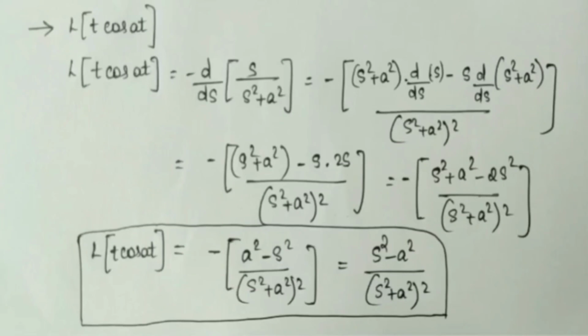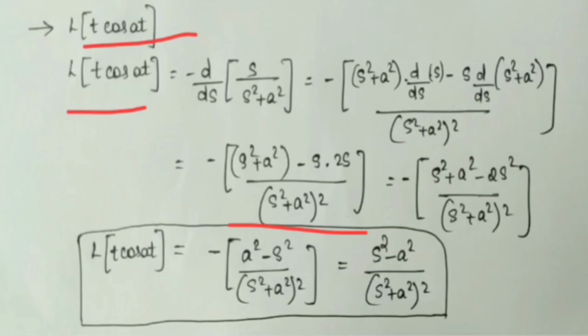Now let's see how we can take the Laplace transform of t cos at. It is also similar to how we took the Laplace transform of t sin at. So Laplace of t cos at is equal to minus of d by ds of Laplace transform of cos at. Laplace of cos at is s by s square plus a square. So we'll differentiate this function according to the quotient rule. So we'll get minus of (s square plus a square) into d by ds of s minus s into d by ds of (s square plus a square), divided by (s square plus a square) the whole square,